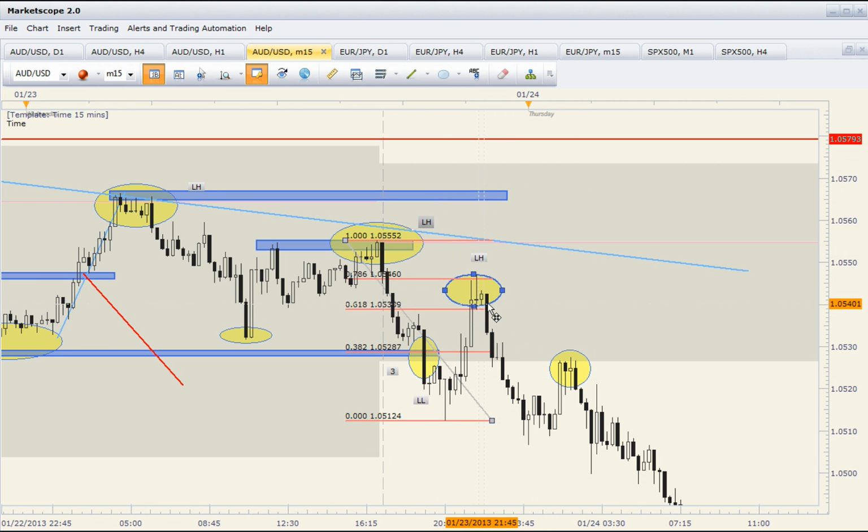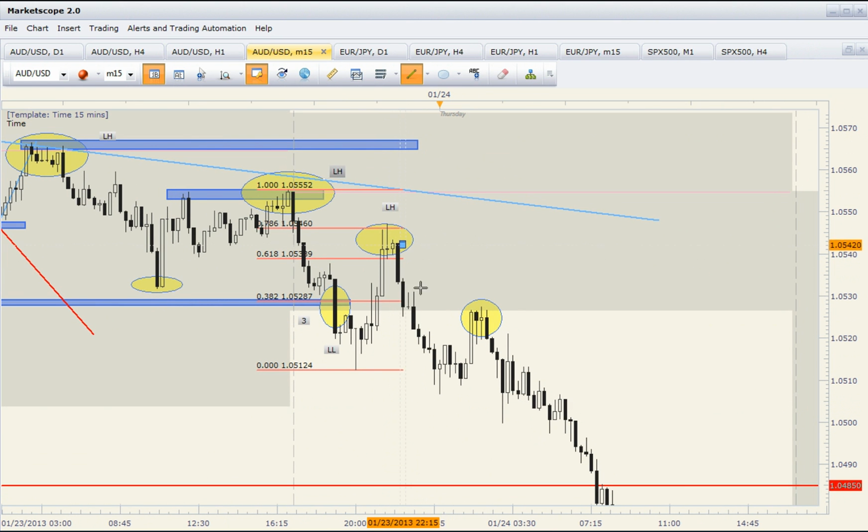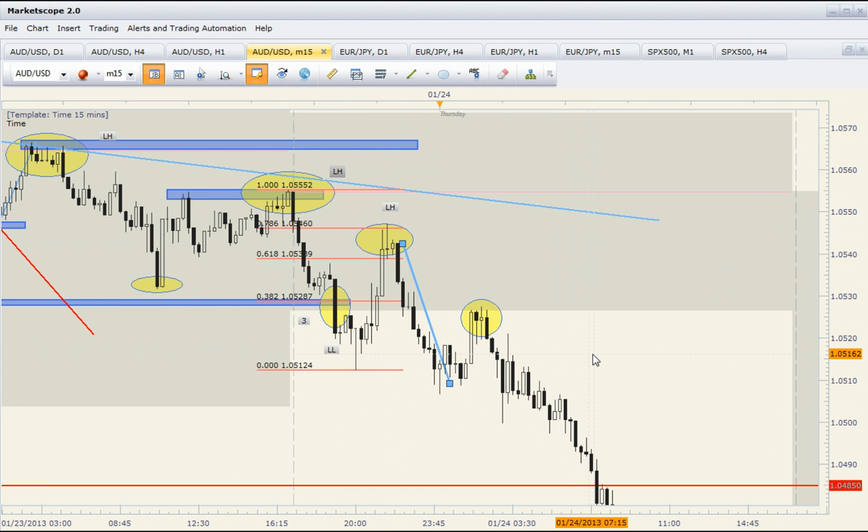But the bigger entry, without being stressful, is just to see that this is happening and place my order there. Put my stop above this lower high, 14 pips. Target the bottom here, 30 pips, 2-to-1 ratio. And then watch how price moves. Price moves impulsively down. So that would suggest that I'm in the money, I'm good, my analysis has been right, price did not go above here,